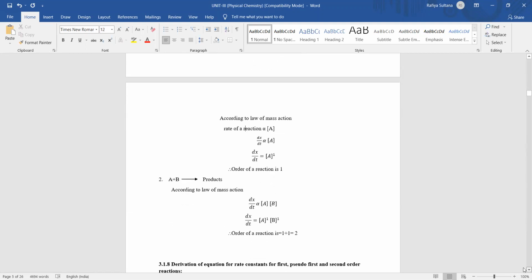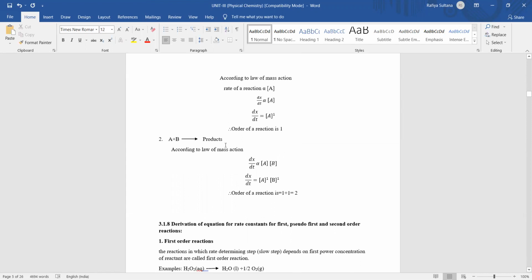See here, there are 2 reactants in this example, A and B. And if the rate of the reaction is directly proportional to the concentration of A as well as the concentration of B, and if you see the number of moles, what is the coefficient here? Nothing is there. That means only 1. You have to indicate that number of moles as the power of that concentration term. Here for B, it is also 1. So you have to take the order of the reaction as equal to the sum of the powers of both the concentration terms. What is the power of A here? 1. Power of B? 1. That is equal to 2. Order of the reaction is 2.